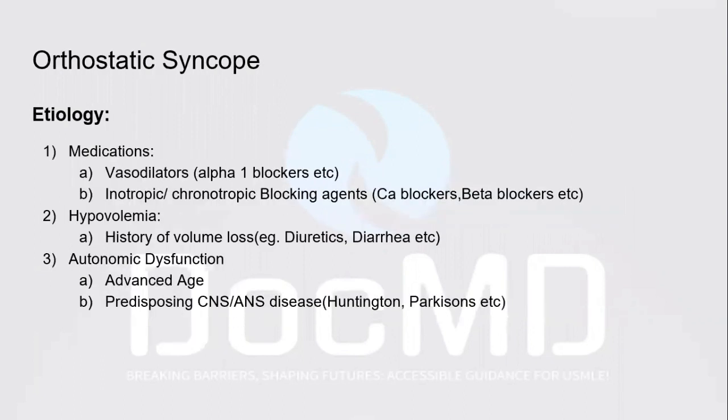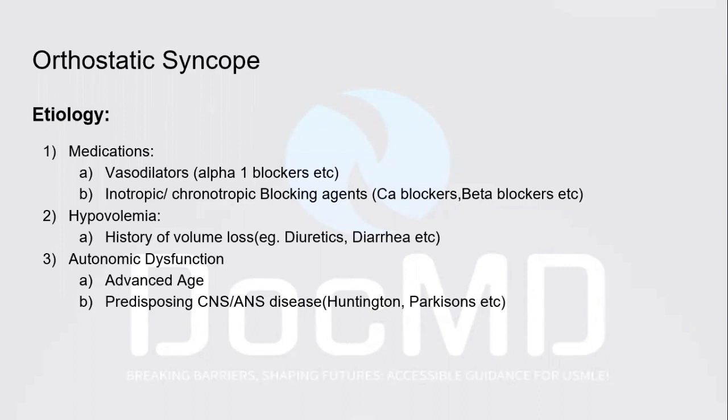Okay, so we are moving on to orthostatic syncope. All right. There are three causes for orthostatic syncope. What is orthostatic syncope? It's basically your blood pressure dropping when you're standing. And why is that going to happen? Either you do not have a very effective autonomic nervous system, sympathetic system,